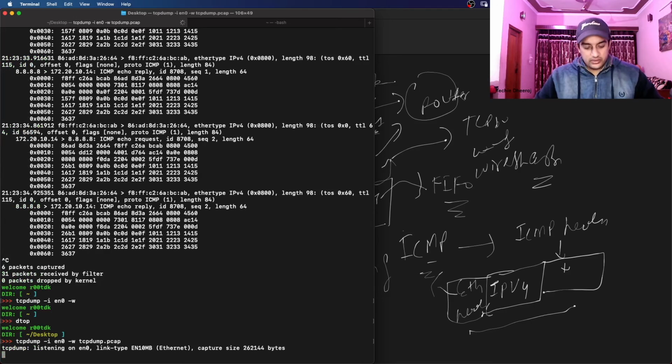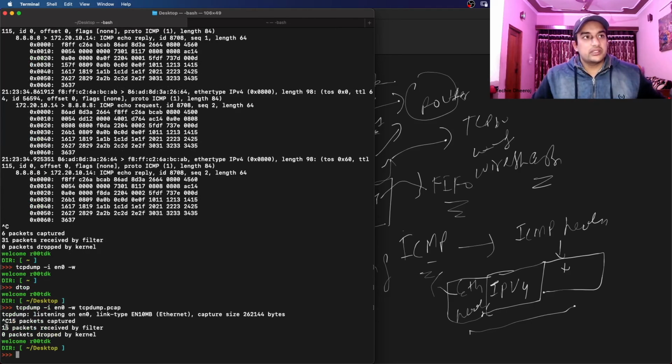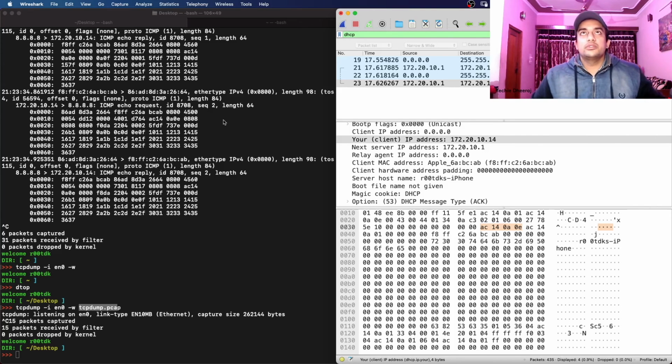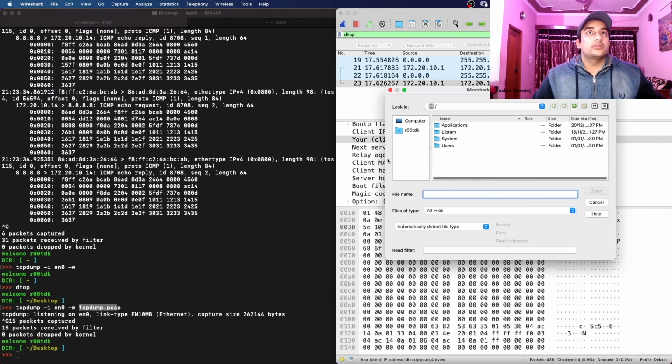If you press Control C, it will tell you how many packets are received. 15 packets. Overall packets, it doesn't matter whether ICMP or anything, because we didn't apply any filter. So it receives all the packets, and they are saved in this file. You can save this into a file, and then later load this file into Wireshark. Let me quickly show that also. Let me see, Control, if we can open.